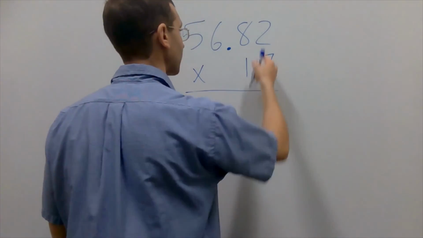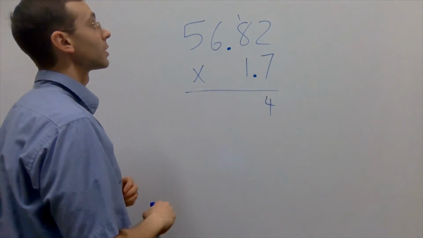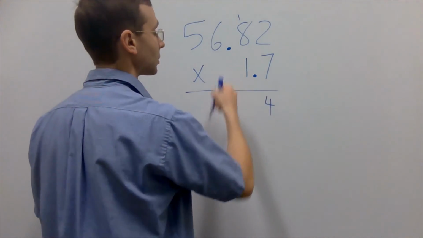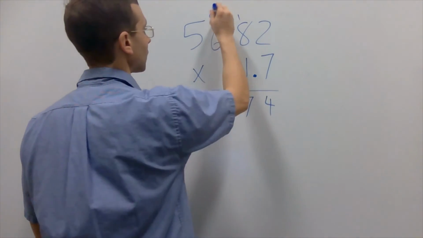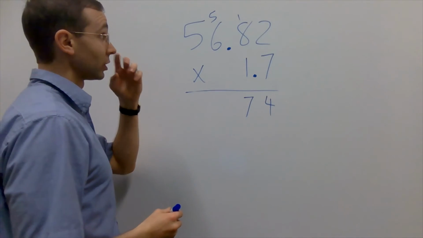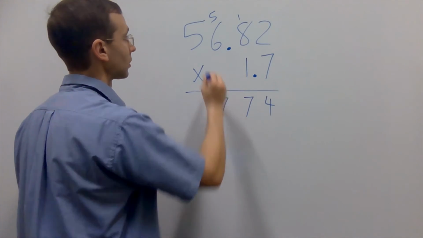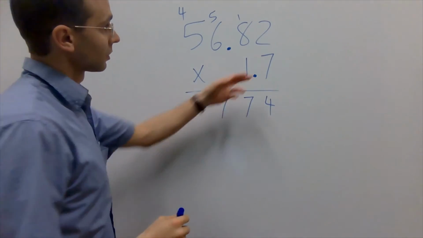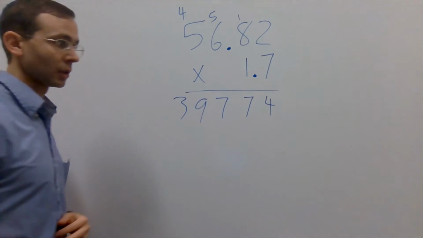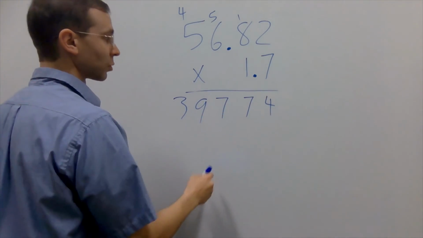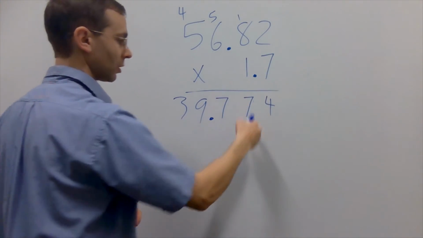Let's do 14. 2 times 7 is 14. 7 times 8 is 56. Plus 1 is 57. 7 times 6 is 42. Plus 5 is 47. 7 times 5 is 35. Plus 4 is 39. And now, to put our decimal place in, we'll have, as I said, 2 plus 1,